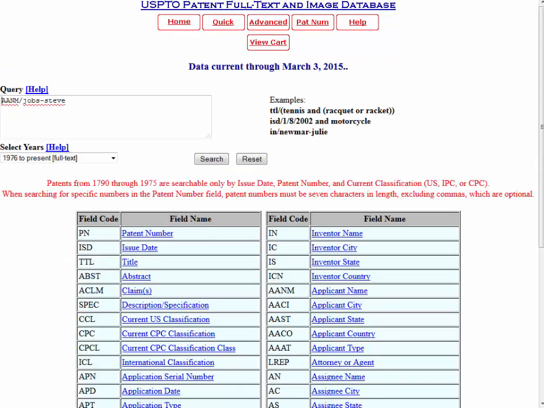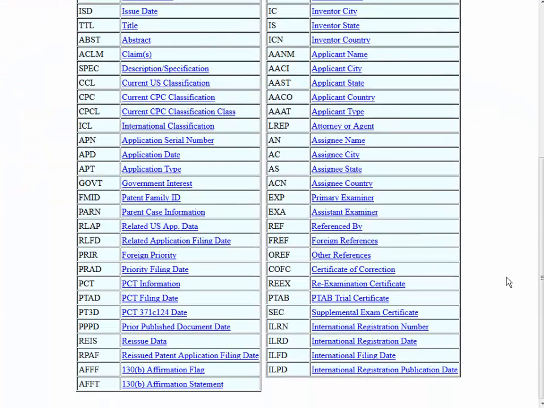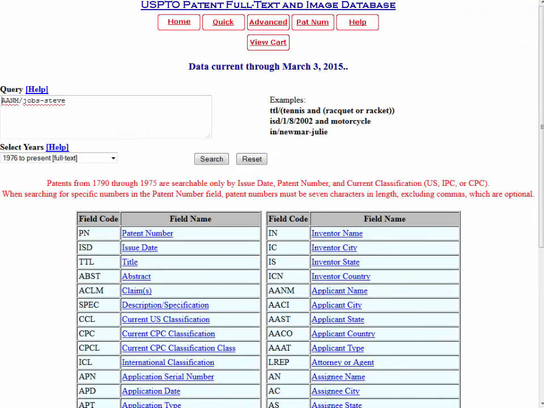I would like to invite you to come back to the advanced tool on your own and try to pull together searches using multiple terms such as the examples you see in the first 2 here, like tennis and racket or racket. I've showed you just the beginning of this. We could certainly spend an hour or more just going through all of the different codes, but I think it's important that you get your feet wet and you try this.